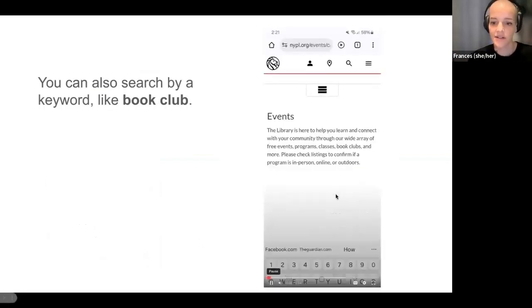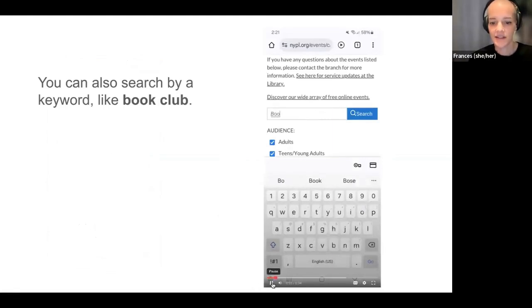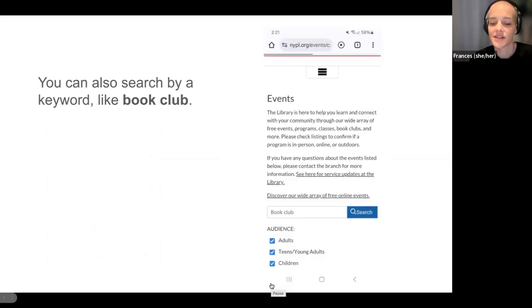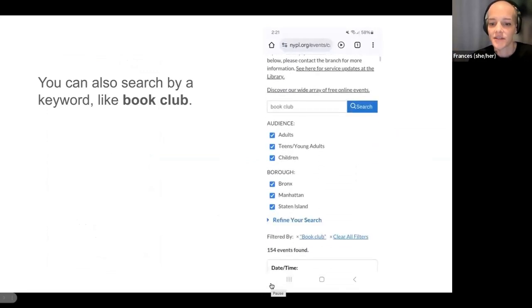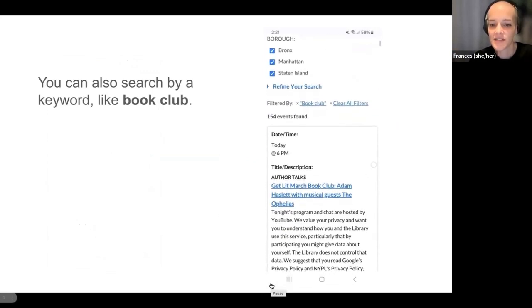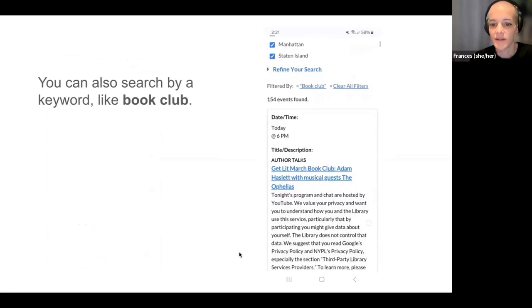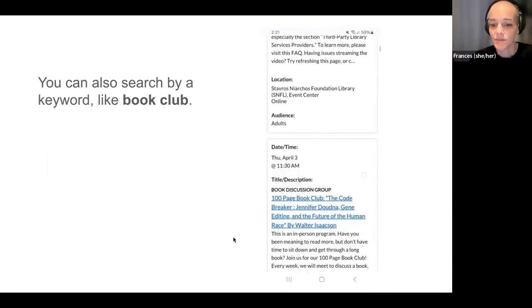There's also a way to do a keyword search. You can go down here where it says keyword. So that's that main search page. And I'm going to say book club. Let's say I'm interested in any sort of book club. I'm not going to narrow it down any further. I'll just say search. I'm going to scroll down and we'll see the March Book Club, a book discussion group,